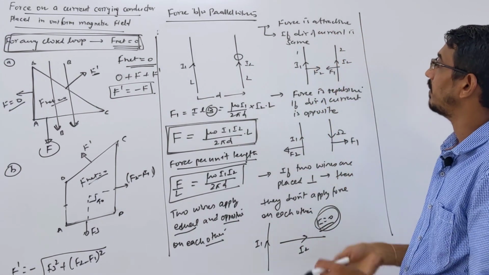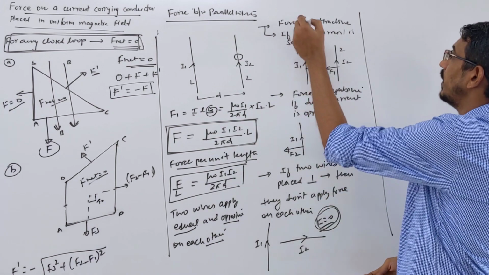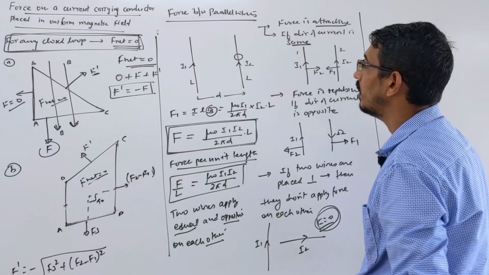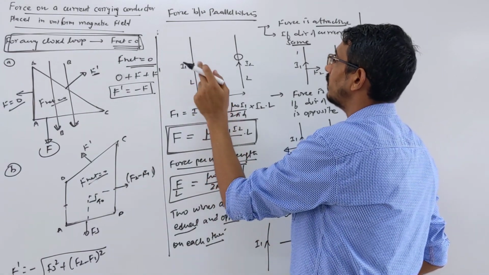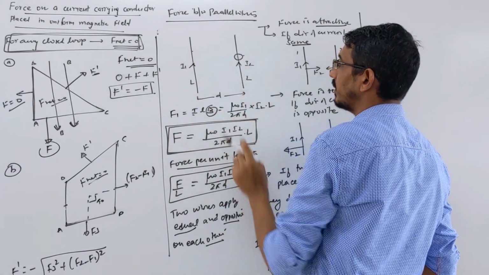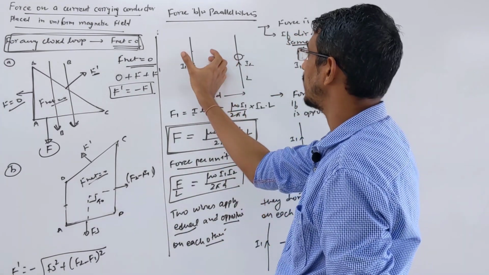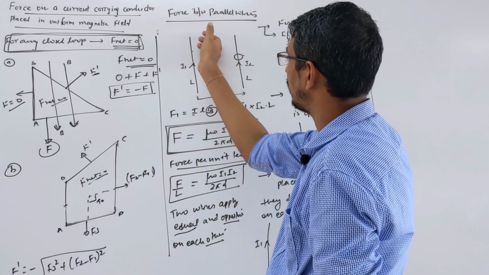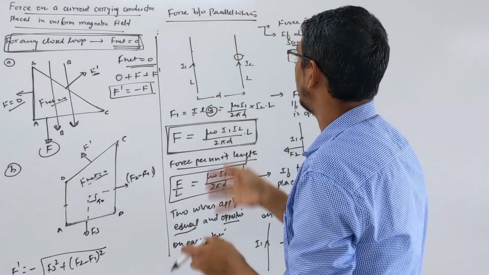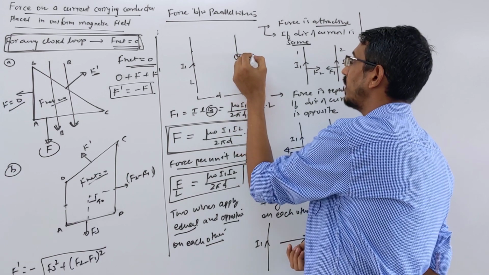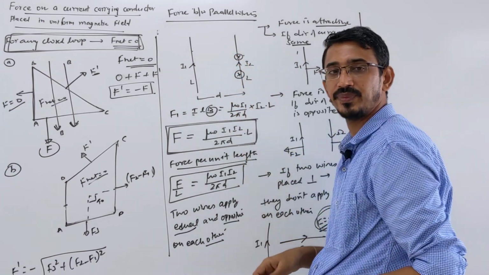Why is this so? Let's understand that. Why is force attractive when direction of current is same? Look here. Let's see direction of force due to this wire on this wire. How to tell? What is the magnetic field produced by this wire? When you grab this with your hand, thumb showing direction of current upward, fingers are going inward on this side. So at this wire, field due to the first wire is produced what? Inward field, correct?